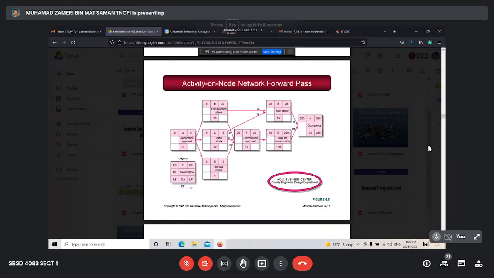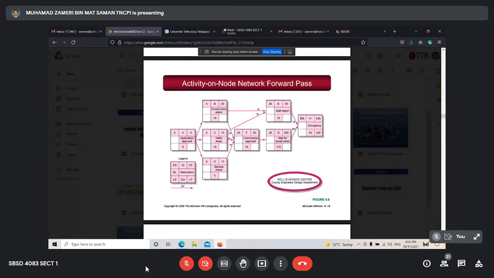So for the forward analysis, we choose the longest one. That means 200. 200 plus 35, 235. Okay. Understand for the forward analysis? Clear, doctor. Yeah. Okay. So please remember,